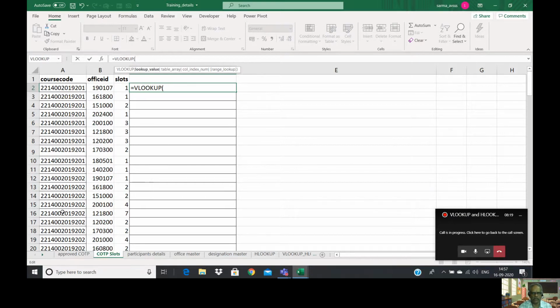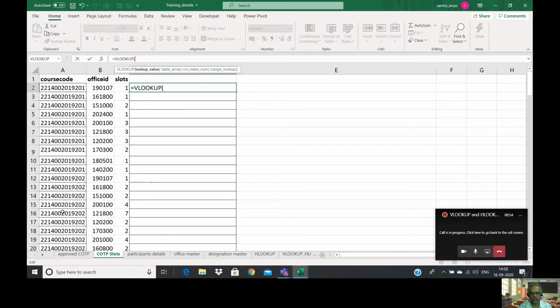The third one is column index number. Again, column index number, how many columns you have selected in your range. Suppose you have selected 2 columns in your range. The first one, obviously, is the lookup value, and the second one is the desired value. Then for the column index number you have to give the column in which the desired value is available. So here, suppose you have selected A and B. A is course code and B consists the course name. Then you have to specify 2 because the desired value is available in column 2.